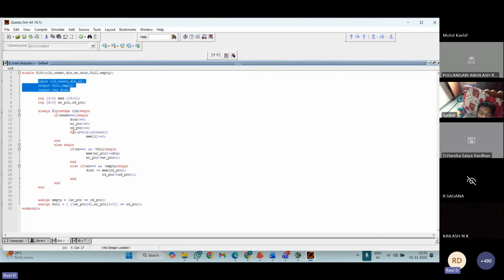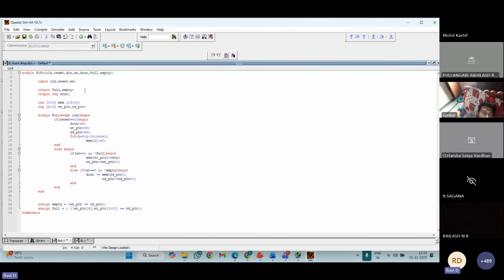Okay, so previously I didn't mention any range for my inputs. That means it is a single bit. But I want to give some values, so I need to give some range to my inputs. So reg [3:0] din. That means my din can generate values from 0 to 15. I had given the range 3 down to 0, which has the capability to store 4 bits, so it can generate values from 0 to 15.